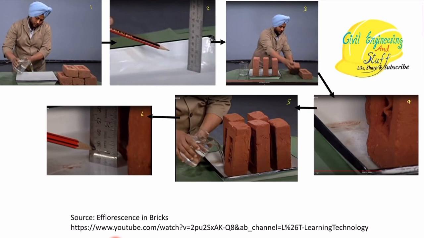We put the brick samples into the tray, and the water is allowed to be completely either absorbed by the brick or evaporated. Bricks are placed in a vertical way. Then again 25 mm depth of water is filled in the tray and is again allowed to completely evaporate or be absorbed by the brick samples.